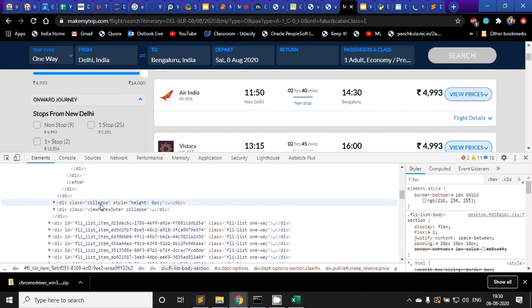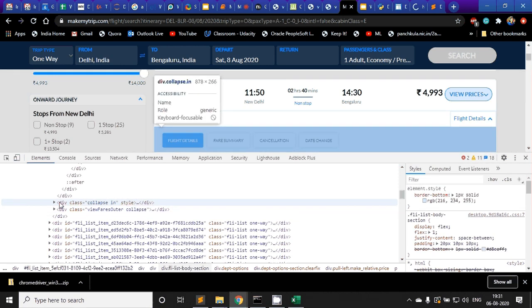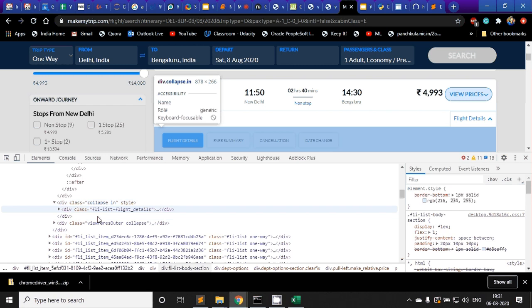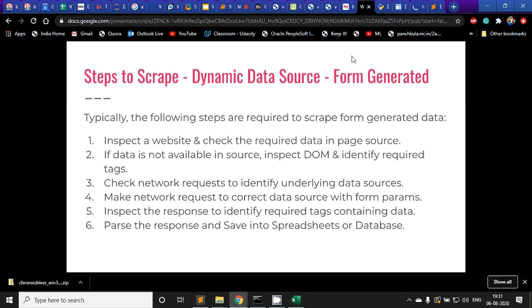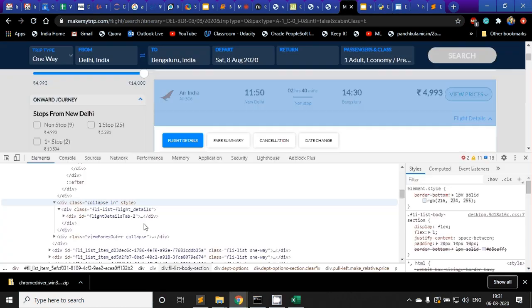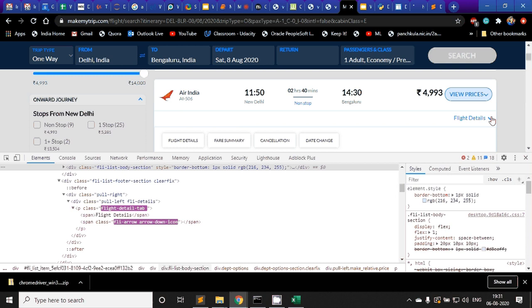So we've discussed both form generated as well as JavaScript generated content. Simply, the DOM is what is currently visible on the website. Earlier, when this was not clicked, this was the current DOM. When this got clicked, some more info got appended to the website. So this is the current DOM.